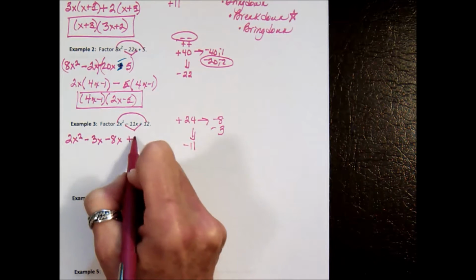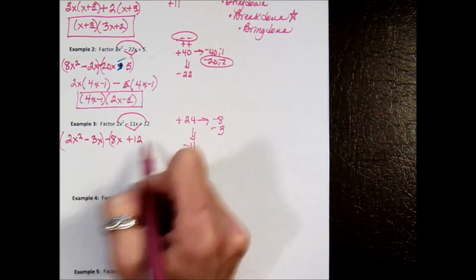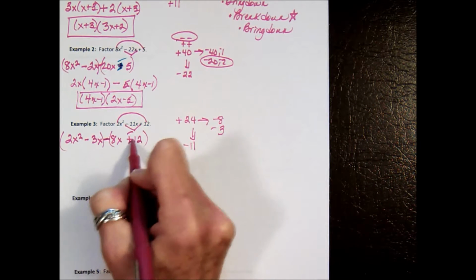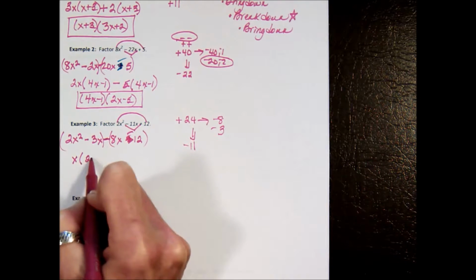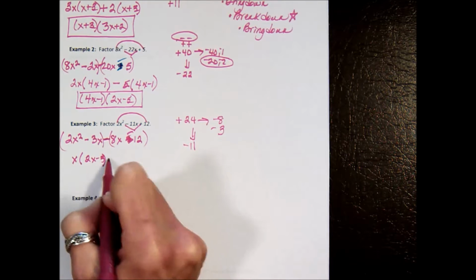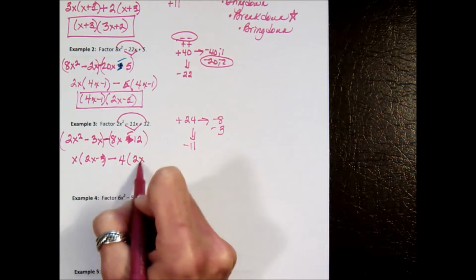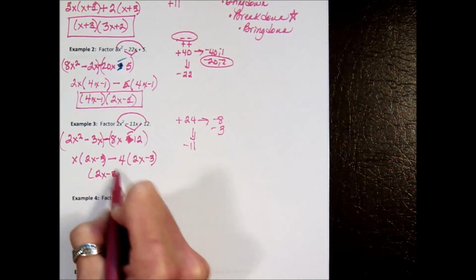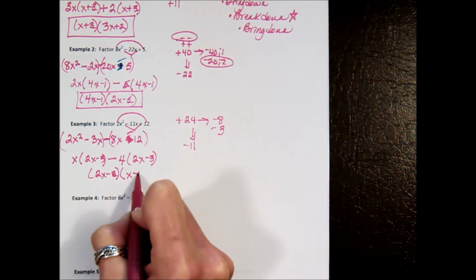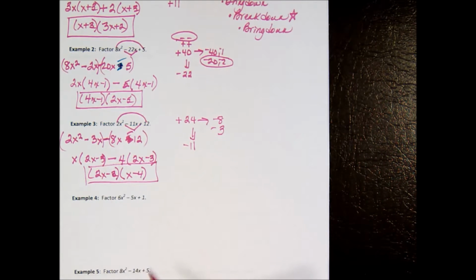And I bring down my last. I now group. I see that negative, so I make my correction. The GCF here is just x, and I'm left with 2x minus 3. Bring down your minus. The GCF here is 4, and I'm left with 2x minus 3. They match, so 2x minus 3 is my first factor, and x minus 4 is my second. And we're just going to keep cranking these out, because the more of these you do, the better you will